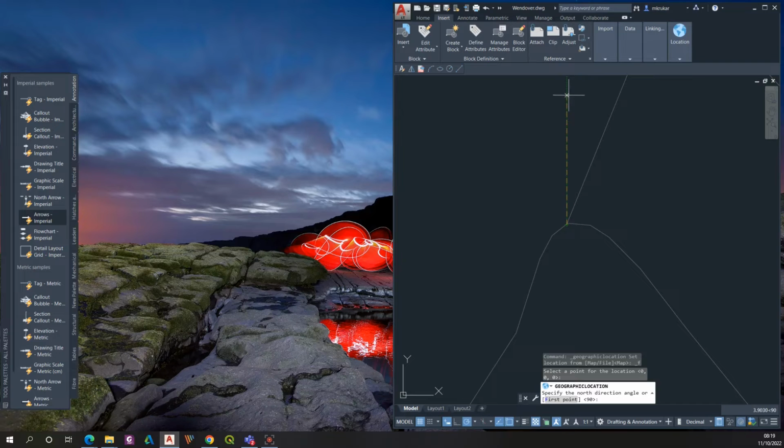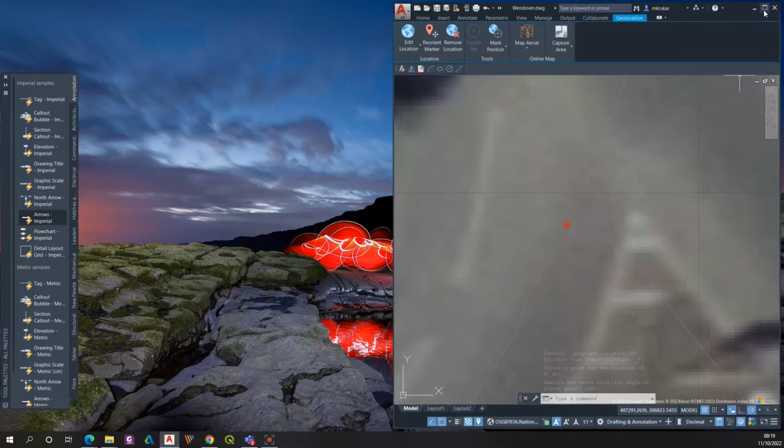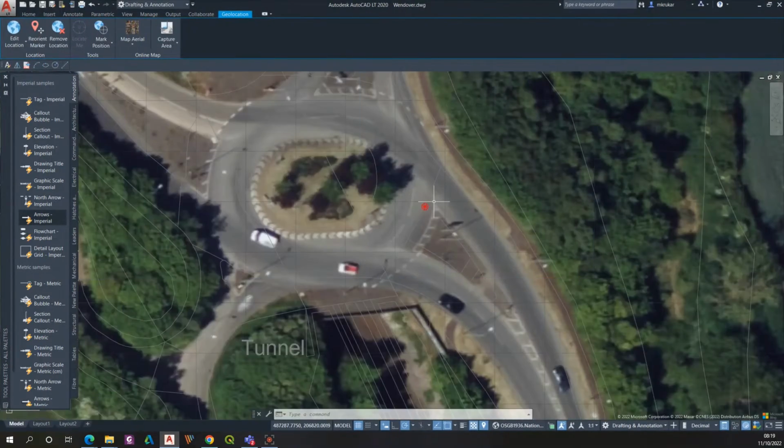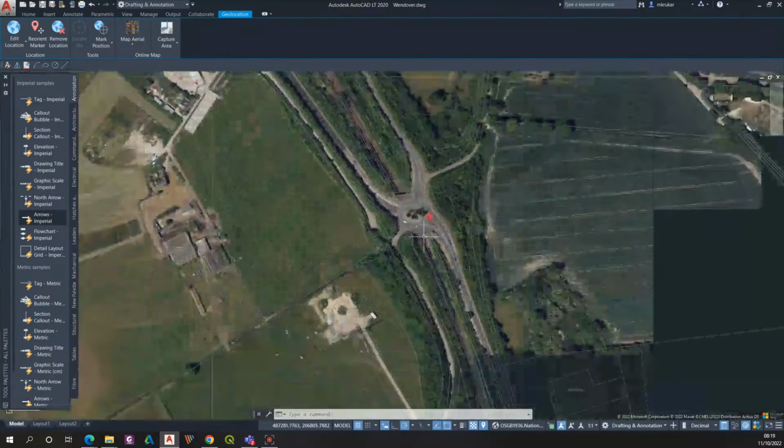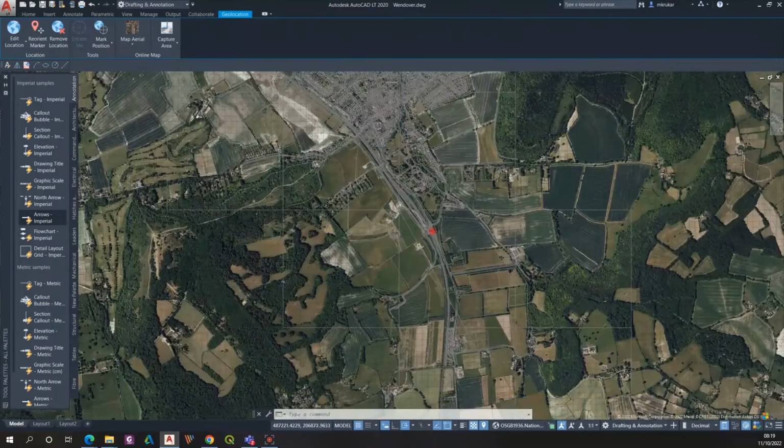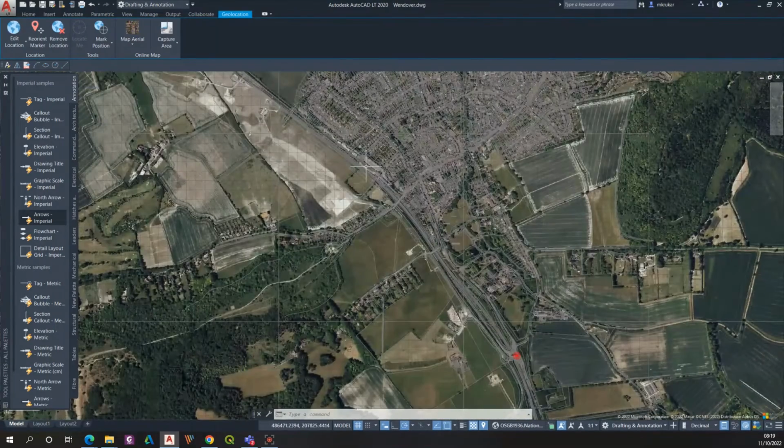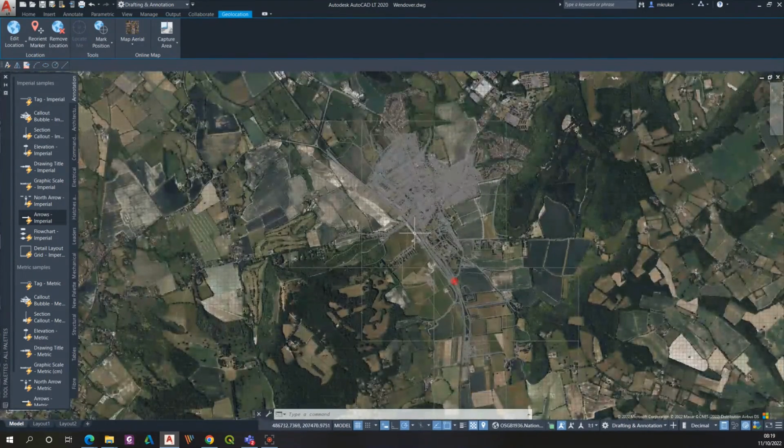North direction, we can assume that it will be pretty much like this, and wait a while until the map appears. Now is the moment when we can expand our AutoCAD window and zoom it out. As you can see, the map appears. However, there are some mismatches which have been discussed in our previous drawing, but first of all, we need to see